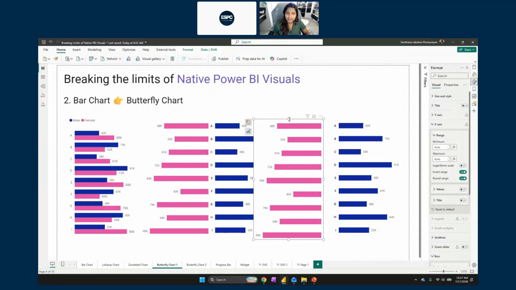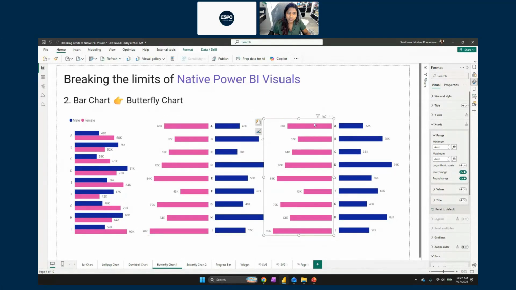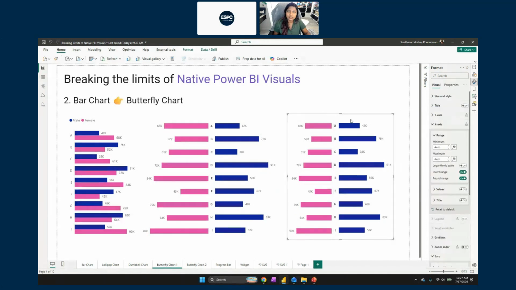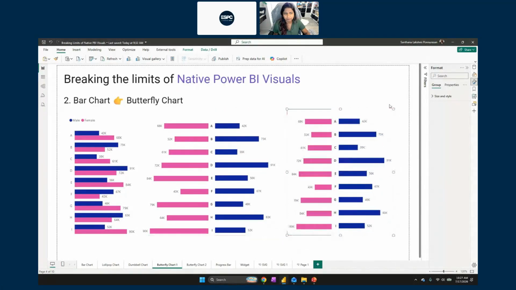Once you do that, just adjust your size according to the other visual that you have and just put it right next to it. And something that you could do is group both of these visuals. That way, when you try to move these visuals, they're going to move together. Quick tip right here. Whenever you're grouping visuals in Power BI and then you try to move, for example, when